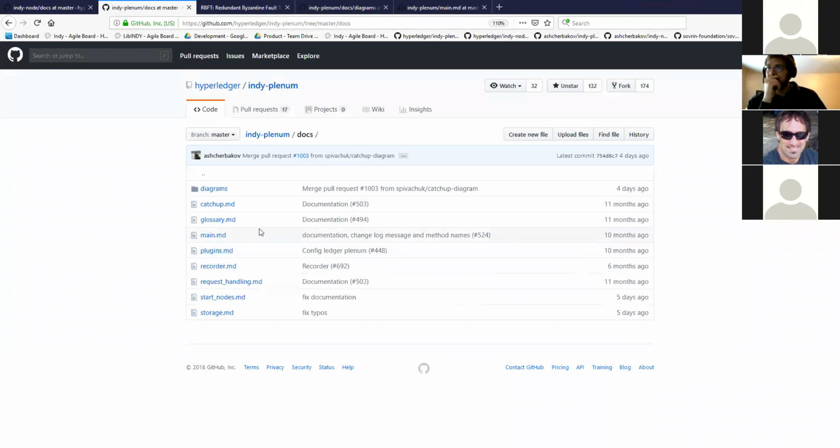Documentation in Indy Plenum is more basic because it has a description and architecture principles of the consensus protocol, what Plenum actually is, what the ledger is, and so on. And I suggest going into more detail and having a look at Plenum and at these documents in particular. So there is a main